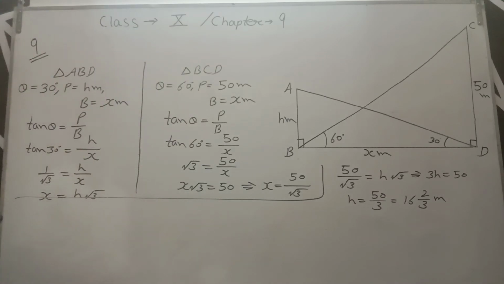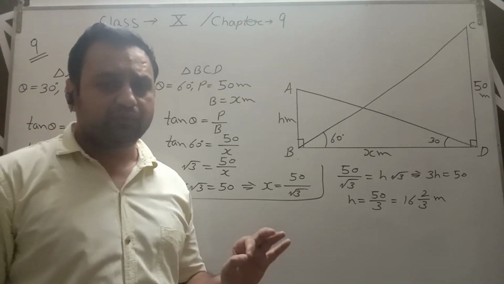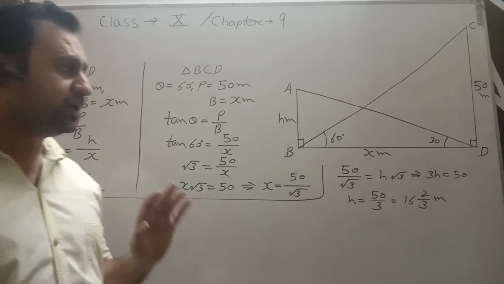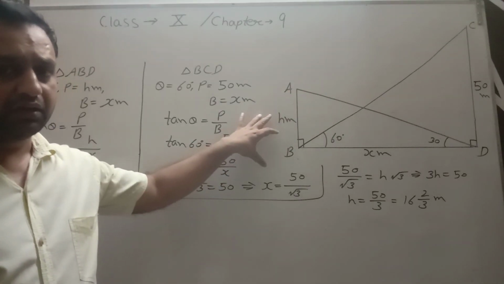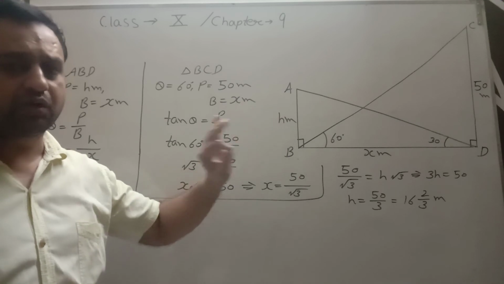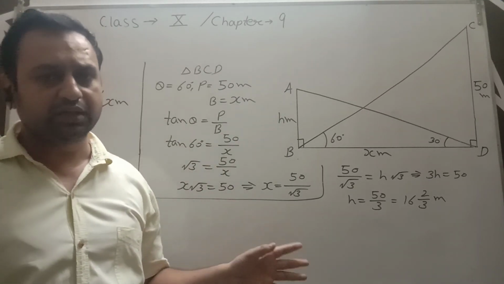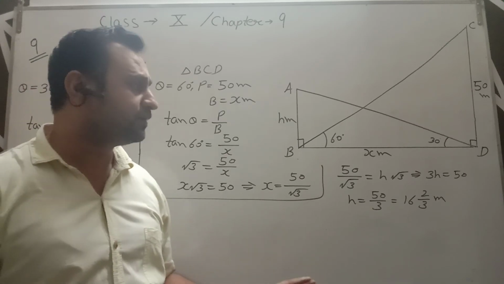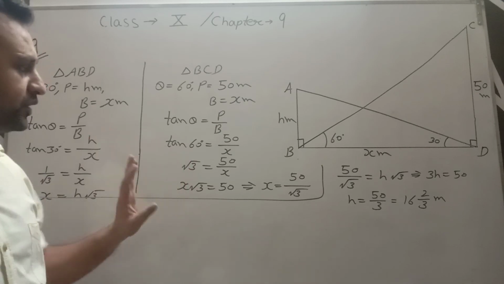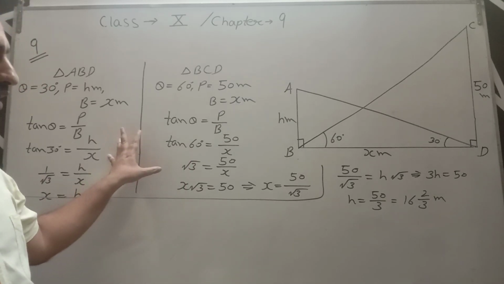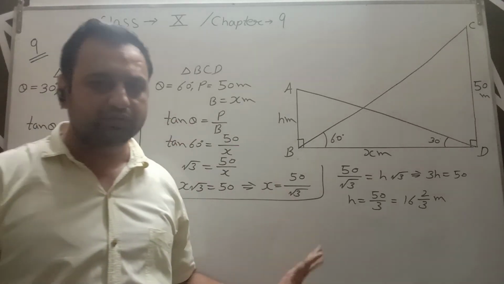I hope the question is clear. I again repeat, in a question if a building and tower both are given, then generally we draw the tower larger than the building. But after solving the question we also observe whether we are right or wrong, but generally the tower is always considered greater than the building. Describing the figure is compulsory but in short, and if two right angle triangles are given, then divide the question into two columns and simplify. I hope the question is clear.